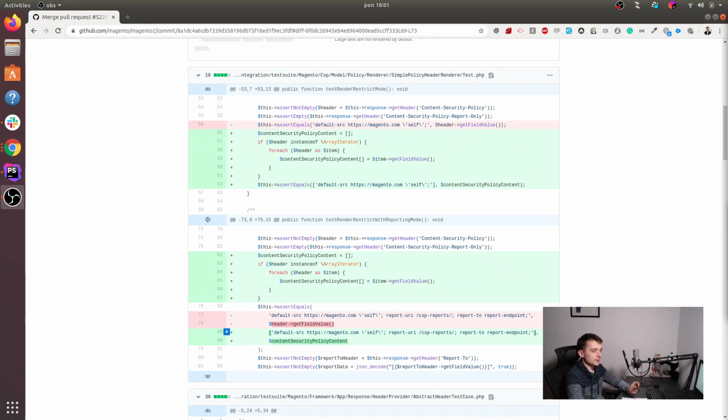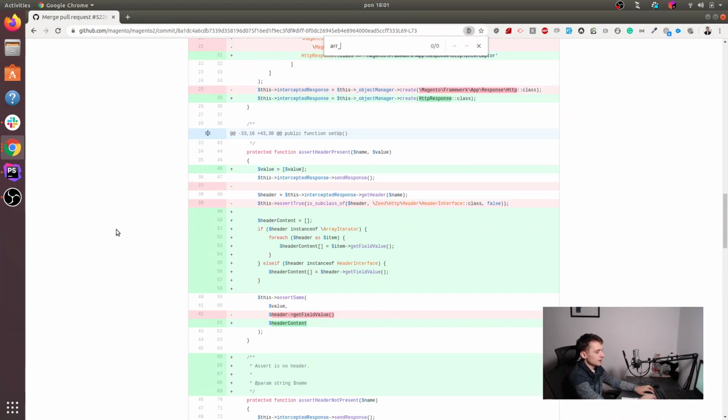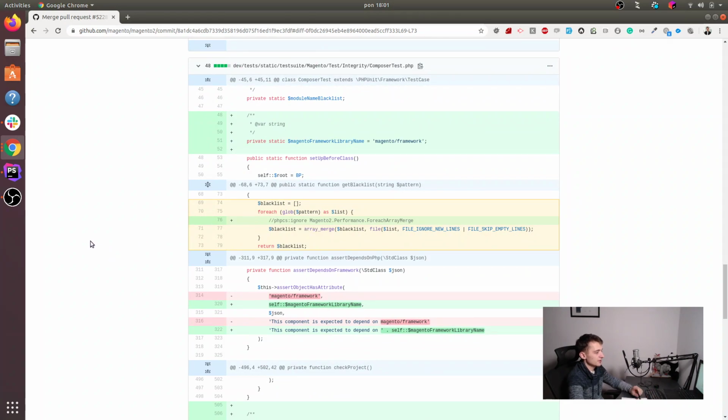So let me show you the first example of what we will actually cover, and it's related with using array merge with recursive functions. So let me show you the screen. And as you can see, we have some foreach, but actually what's interesting is here. Okay, so the point is that